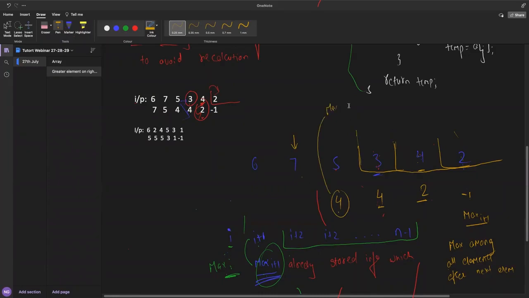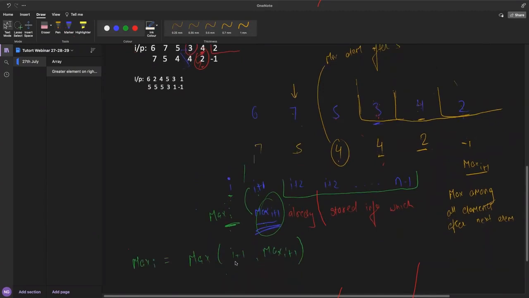It is not just compared with the 5. So what you will do is compare it with 5, so this will be replaced by 5. The same thing applies. 7 and 5 you will compare, it will be 7. So this is how we are approaching this. Is it clear? Anyone is having doubt here?